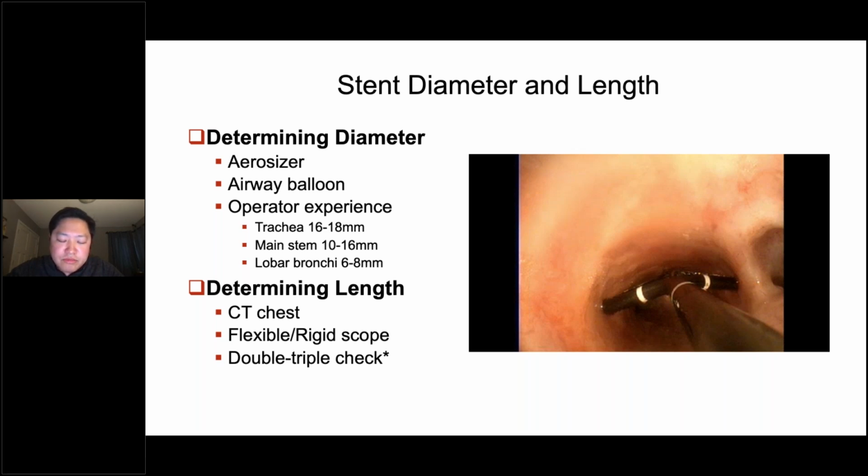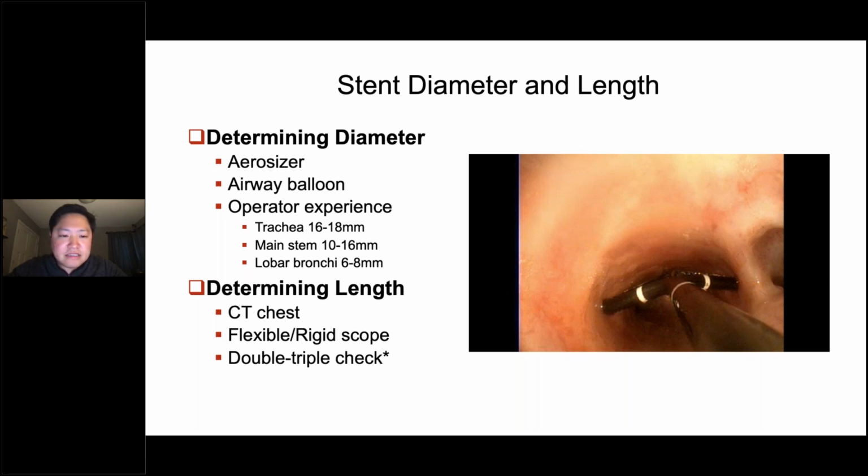Determining length is also important. What we typically do is look at the CT chest and get a general measurement of length and diameter. Using the scope, we have a ruler during the case, and we get the tip of the scope to where we want the distal end of the stent to be, and we pull back and measure that length, going from distal to proximal. We do that 2 to 3 times and make sure we get a good measurement,